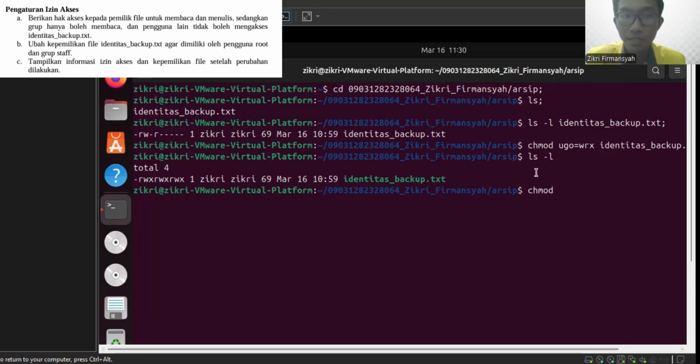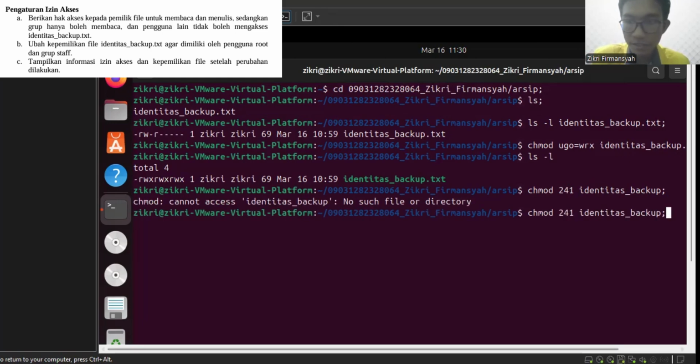For the numbers, I will define like this: 2, 4, and 1, identitas_backup.txt. Okay, sorry, .txt. And then I use ls -l.